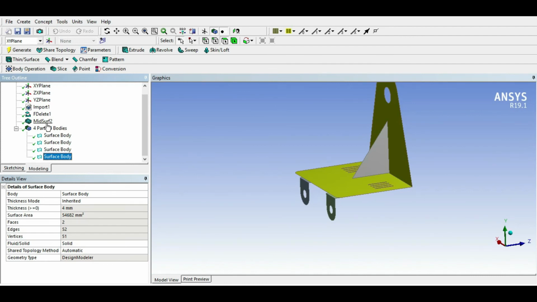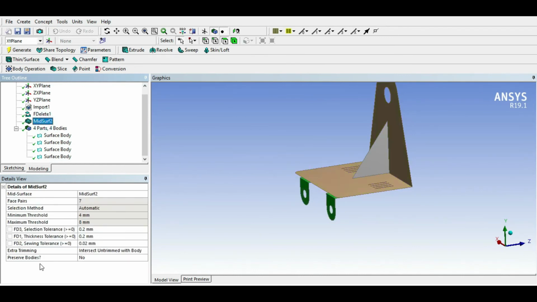If one of the dimensions is very small compared to the other two dimensions, in this case we can use this mid surface tool to extract the mid surfaces. When you keep the preserve body option here, you will find 8 bodies and 8 parts, because it will keep your solid body as it is and also create your surface body. So in this you will find 4 surface bodies and 4 solid bodies.